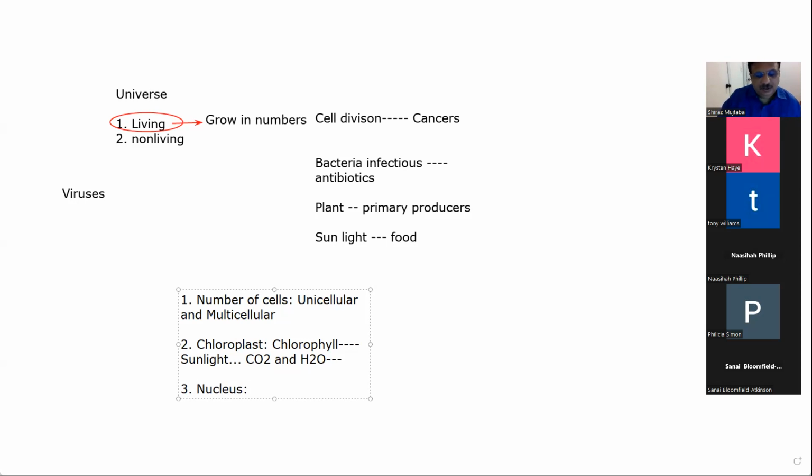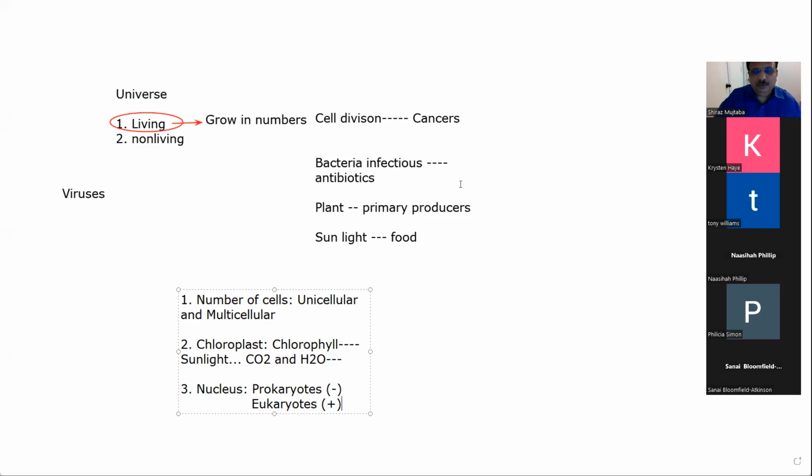If the nucleus is absent, then it is called prokaryotes. If the nucleus is present, then those are called eukaryotes. Okay? So in this class, we will first